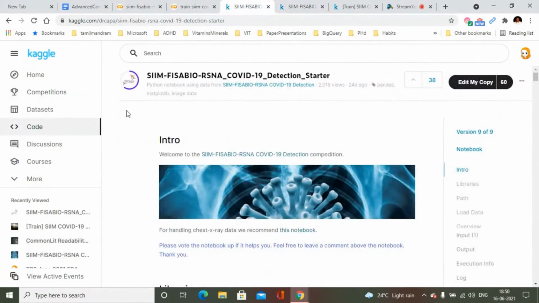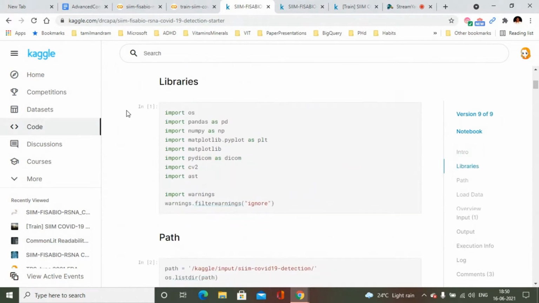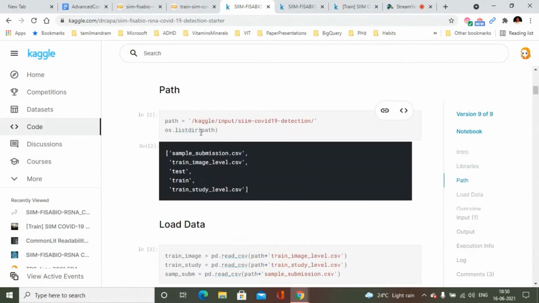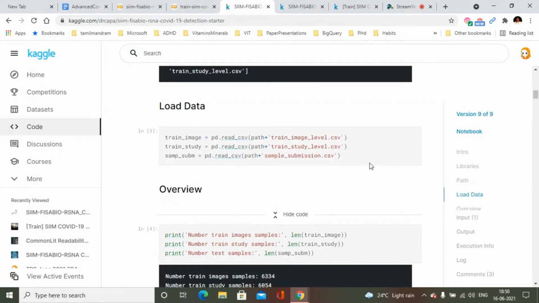Now let's quickly go through the EDA part. These are the libraries, and we have this path where all the files are present. We have the submission CSV file, the train image level and train study level CSV files, and we are loading all this data.